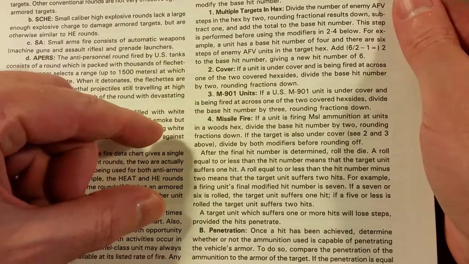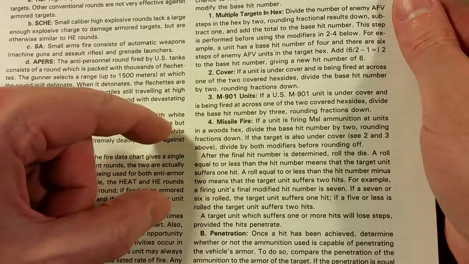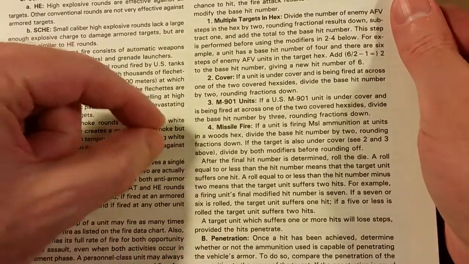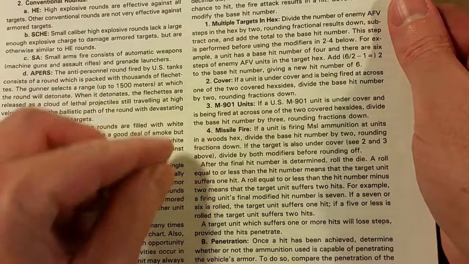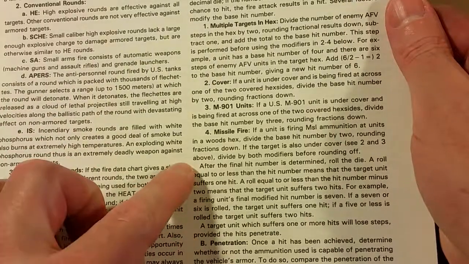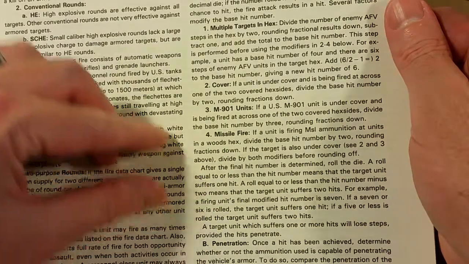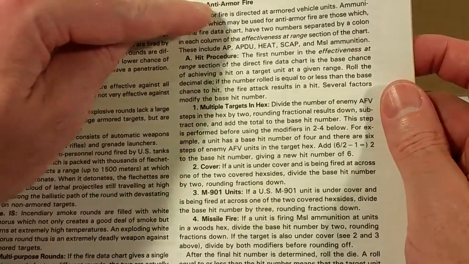Well, when I was doing some review of the written rules separately from playing, whoa, I noticed that these two paragraphs have different indentation, as you can clearly see as I'm pointing it out. So from reading it, I figured out, oh, this is missile fire. You pick up again after the final hit number is determined, roll the die. Kind of obvious, but this paragraph, and then a target unit which suffers 1 or more hits will lose steps, provided the hits penetrate. Then you go on to penetration. So really, these two paragraphs are part of the general and complete rule number 13. Rule number 13, anti-armor fire is directed...